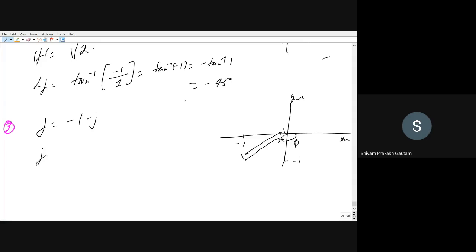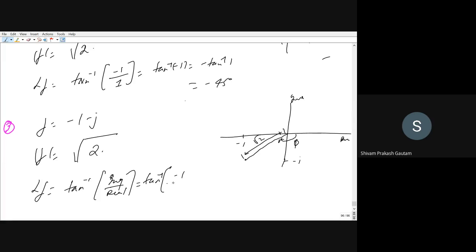So if you want to calculate the magnitude, you can calculate directly by taking the under root of real part square plus imaginary part square. That will come out to be √2, which is correct. But if you want to calculate the phase, again by the formula, tan inverse of imaginary by real. What is the coefficient of imaginary? That is -1. You can see minus j, that means -1 is the coefficient of imaginary part. What is the coefficient of real part? That is -1. Tan inverse of -1 divided by -1, that will be equal to tan inverse of 1. That will give me 45 degree.